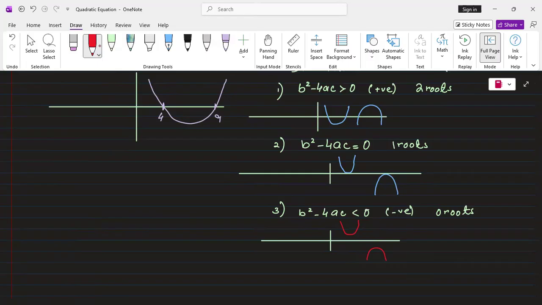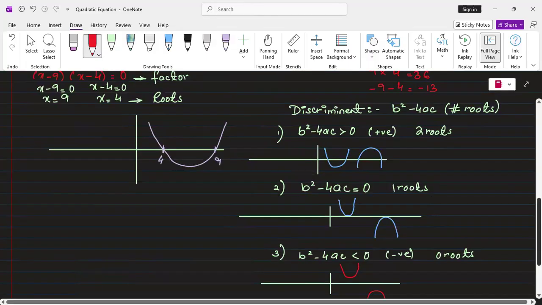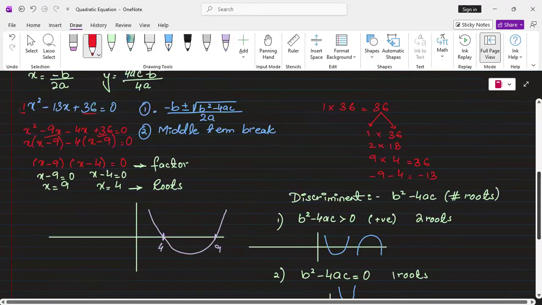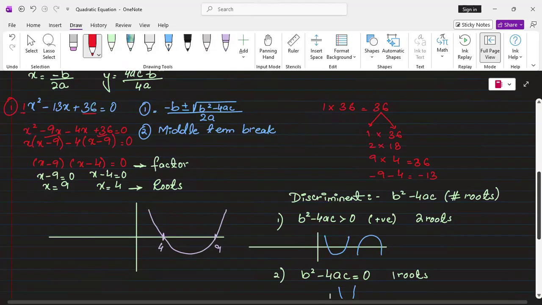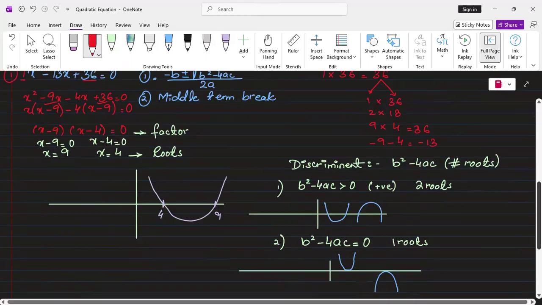Now the second thing. Now I have just solved this equation, like x square minus 13x plus 36 is equal to 0, and I figured out there are two roots. One is 9 and 4. If somebody asked me to find out the sum of the roots,